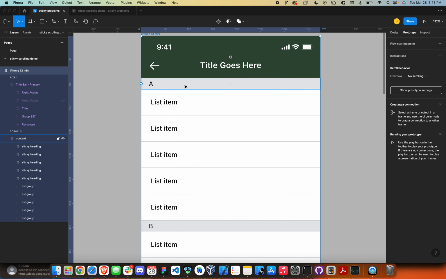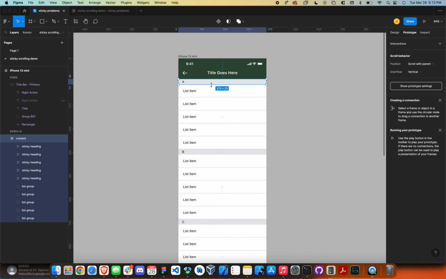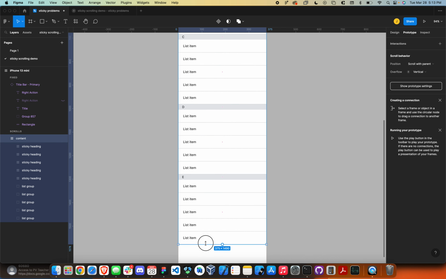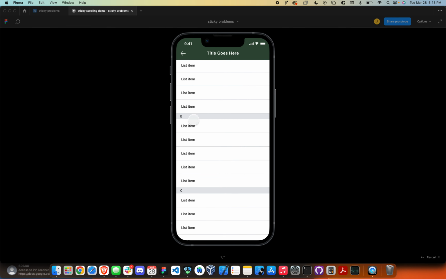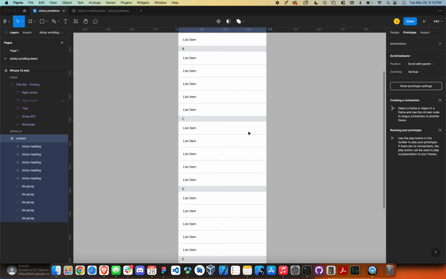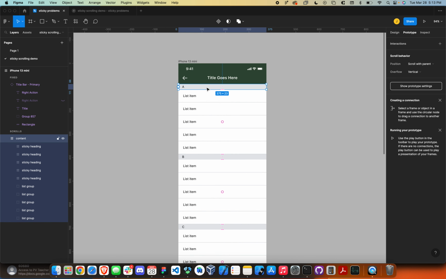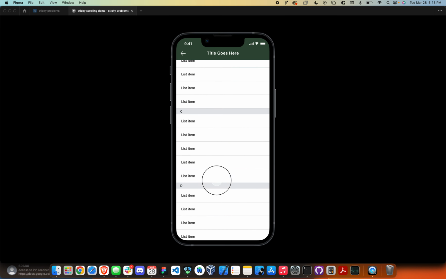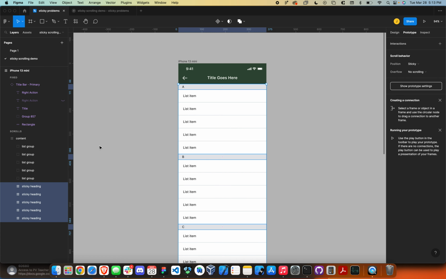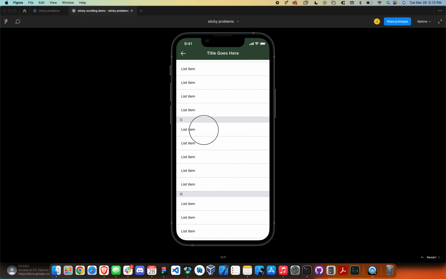Now, for example, if I didn't have the boundaries of this content frame pulled up like that, we won't have sticky scrolling. Say I left that the same, and I did leave the boundaries up here, but say each of these sticky headings were at the bottom of the group, we also don't get the desired effect. So what we need to do is have our sticky headings at the top of our group. Again, all of these items need to be grouped within the same frame. That frame needs to be scroll with parent with vertical overflow, and then we get what we're looking for